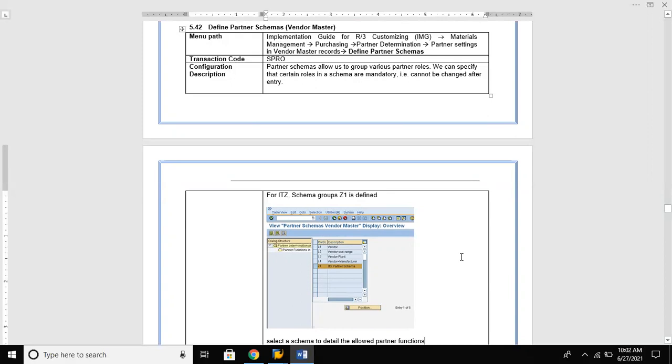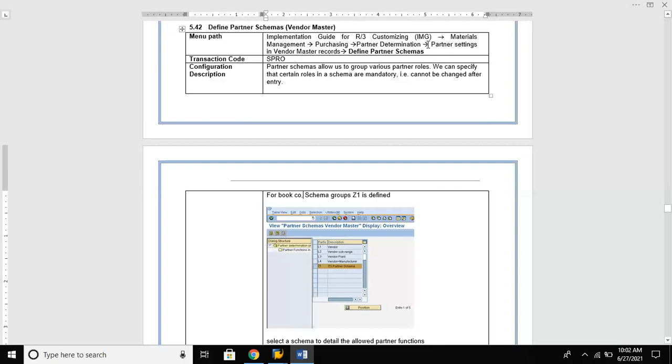So we define partner schemas to group various partner roles, and we can specify that certain roles in a schema are mandatory, that is, they cannot be changed after entry. For our book company we maintain the schema group as Z1. So let us define the Z schema.